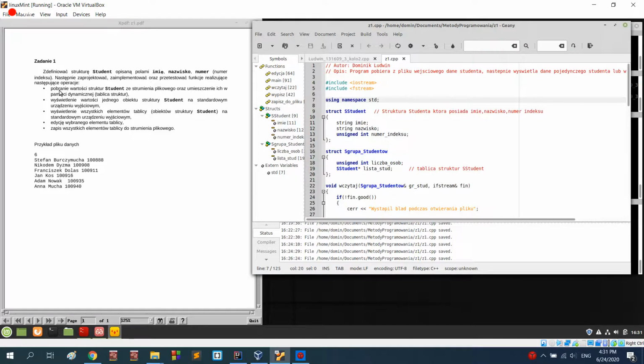So you have to get the values of structure student from a file and then place them in a dynamic table of structures, and then you have to show one object of this structure student on the cout device. Next you have to show all of the objects, all of the elements of this table, and then you have to edit one selected element of this table and then save all of those elements to a file. Okay, so